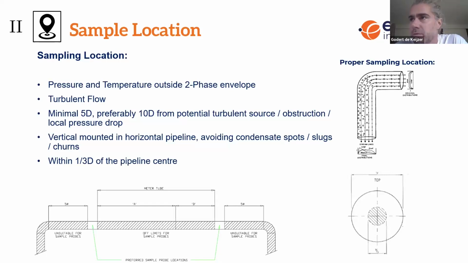And that's important because a lot of people still expect that if I'm sitting next to a bend, it's nicely turbulent behind it, and I can capture the components representatively behind it. But the opposite is true. You can well imagine a Formula One car. If you drive through a curve, the heavier elements get pushed to the outside. So those you might unrepresentatively capture if you directly capture it behind the curve. So minimal 5 diameters away, ideally 10 diameters away from a potential turbulent source.